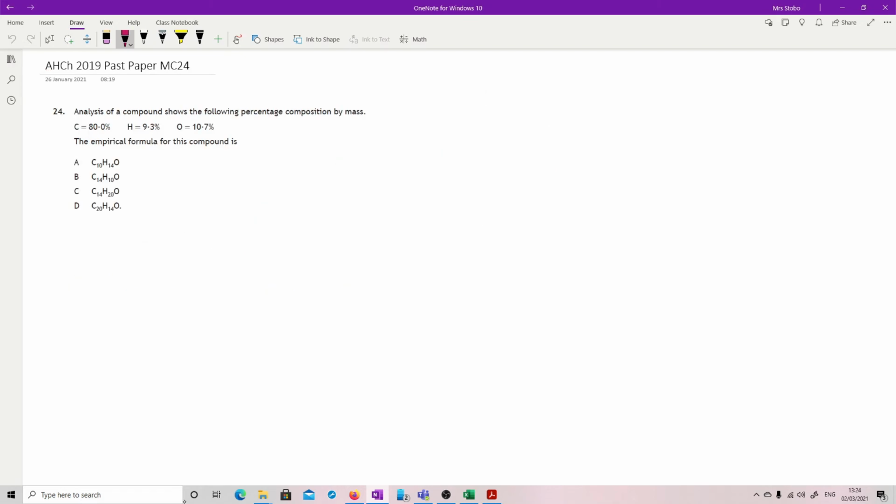Question 24. Analysis of a compound shows the following percentage composition by mass. You've got carbon, hydrogen, oxygen, and the empirical formula. Okay, so carbon, hydrogen, oxygen, 80%, 9.3%, and 10.7. Divide by the relative atomic masses to get rid of the fact that they are different. So that comes out at 6.67. This is 9.3 and